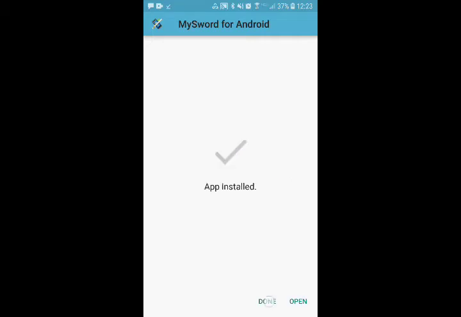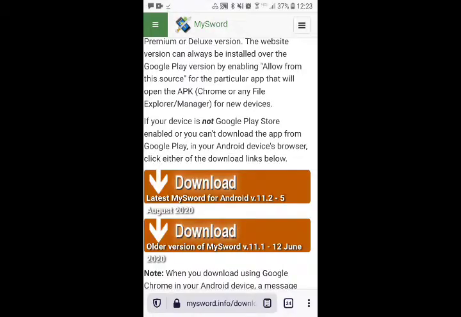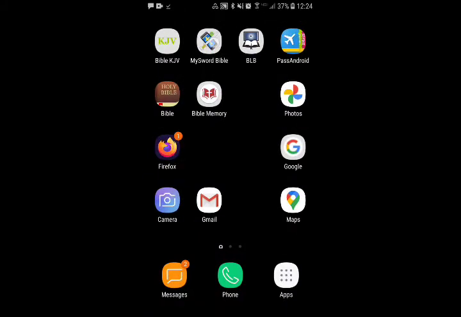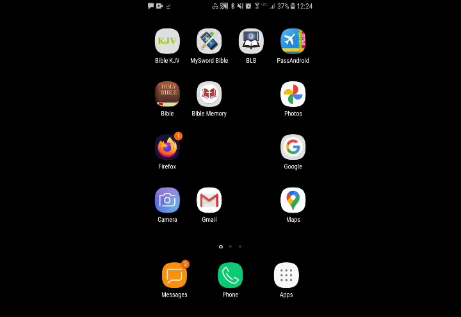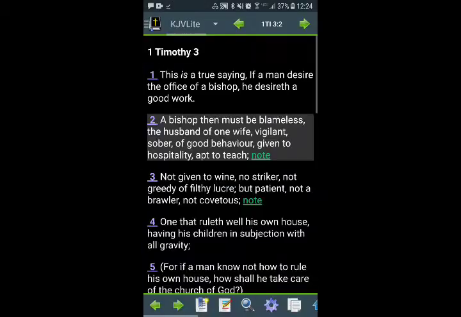So here I'm going to go ahead and select done. I could have selected open, and that would have been fine, but I wanted to show you that I have the Mysword Bible app icon on my home screen, so I'm going to open it from there. Now whenever I open the Mysword Bible app, mine is going to open to the last place that I was reading scripture with this app,